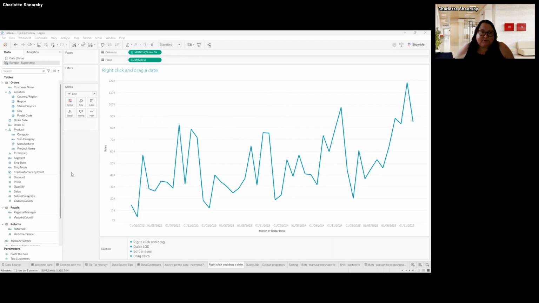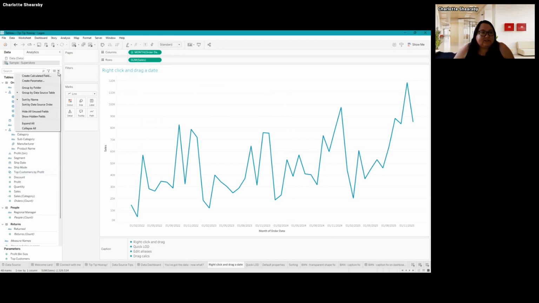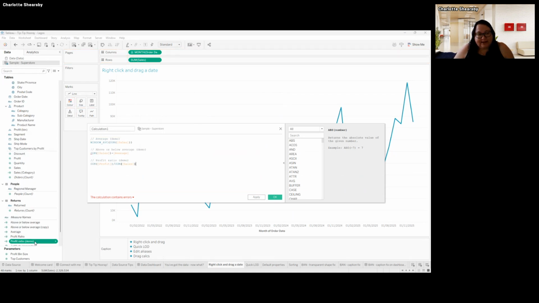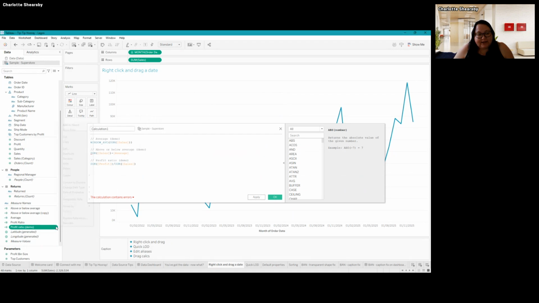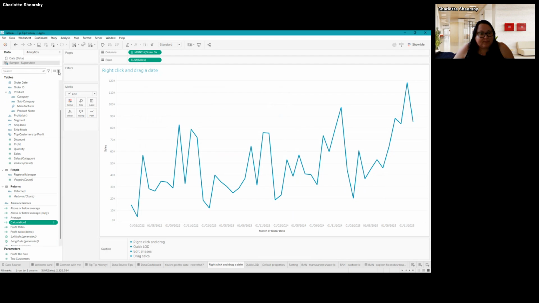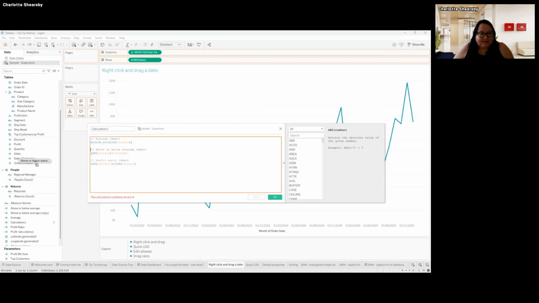Well, instead of adding multiple calculations at a time, we can just add them all in one. So I'm going to open a calculation window. I'm going to come down to the pane. I'm going to copy in just some really boring calculations. They're nothing special. You see, obviously it doesn't work. That's fine. But what we can do now is highlight a calculation, drag it into the data pane, and you'll see it's created the calculation profit ratio demo down here. And if I edit that, you'll see it's exactly what I had typed in, the calculation that we did. And you can do the same with the others. Just drag it in.